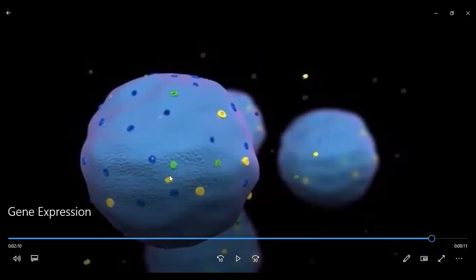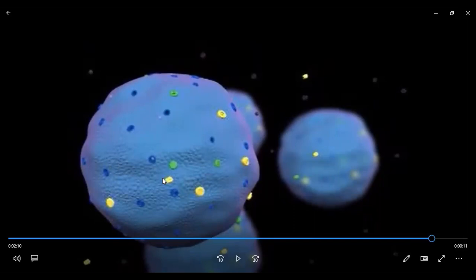Now those proteins can come outside the cell and create necessary activities, or they can reside